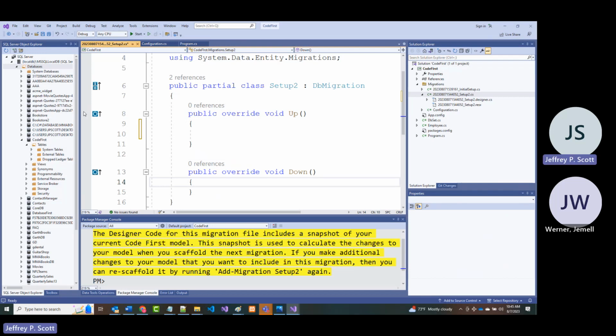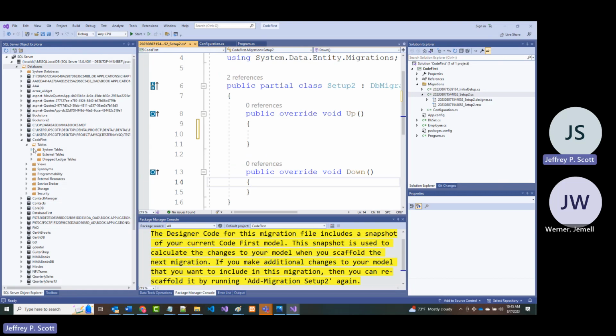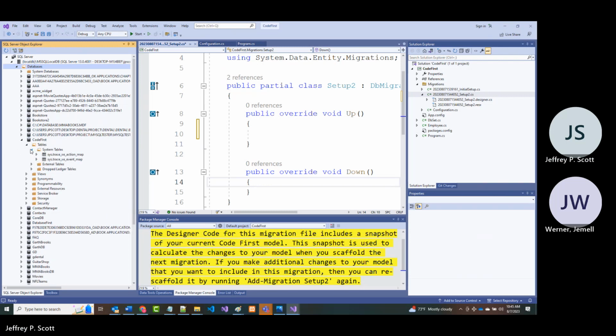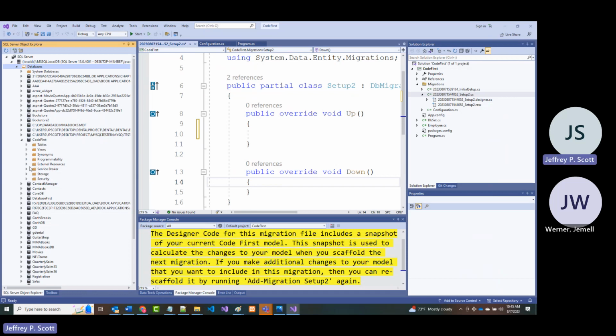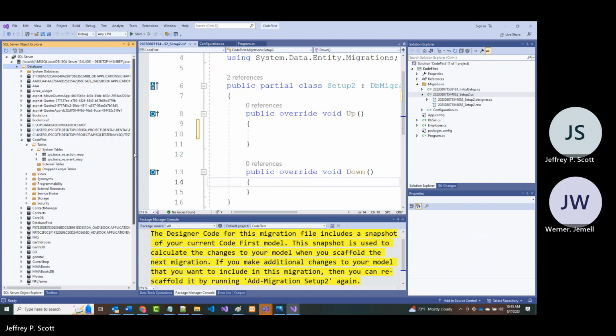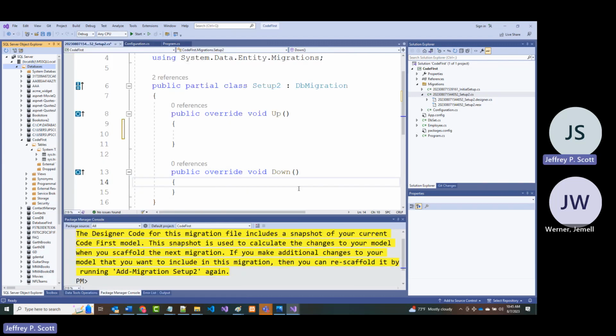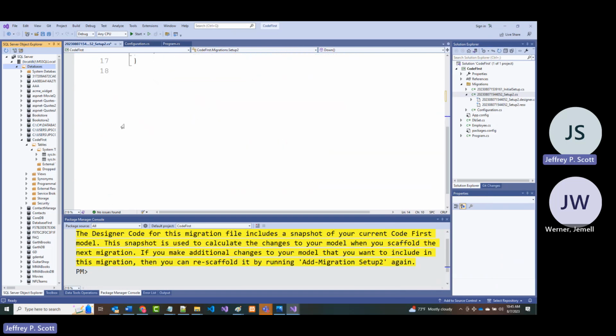But I do believe that if we come in here and we look under our tables, under our code first, our table has not been created. That's system tables, that's external tables, and that's these drop tables. These system tables are not ours. All right. Now, because I like to be honest and totally transparent with all of you, all right, what I am going to do,